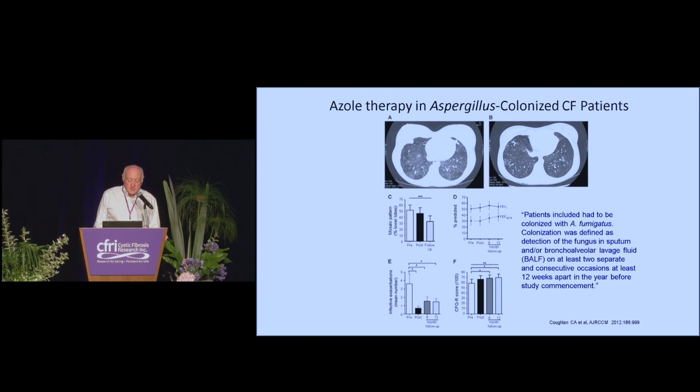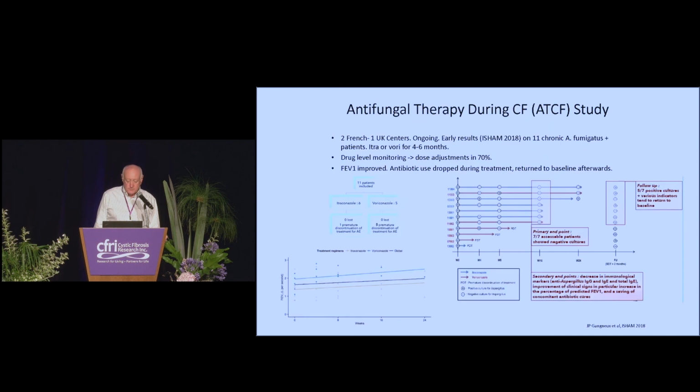A study in Dublin, Ireland, showed that the use of itraconazole in patients that were growing Aspergillus repeatedly, treated for a short period of time, actually had a long-term benefit in terms of reducing the inflammatory components in their bronchoalveolar lavage fluid, but also stabilizing their lung function, improving their quality of life as measured by the CFQ-R, and stabilizing their structures as shown by CT examinations. So it looks like at least treating some patients with persistent Aspergillus is of benefit,